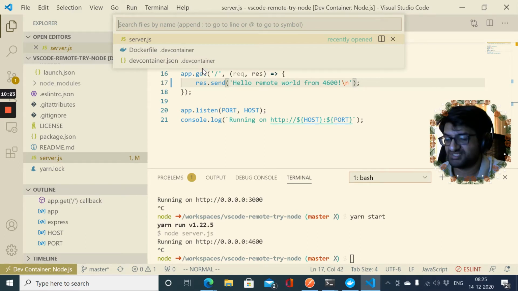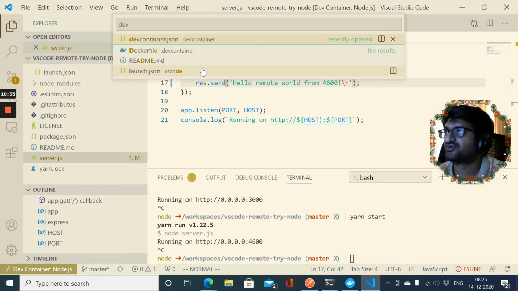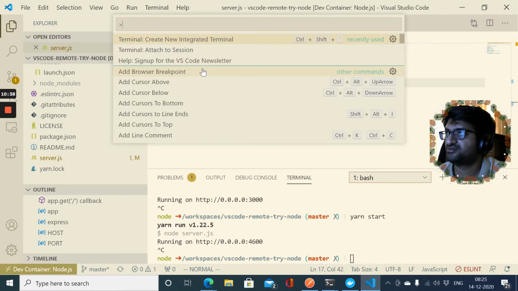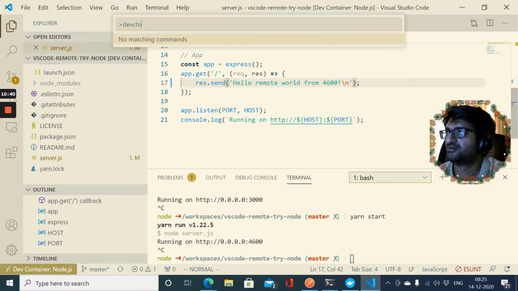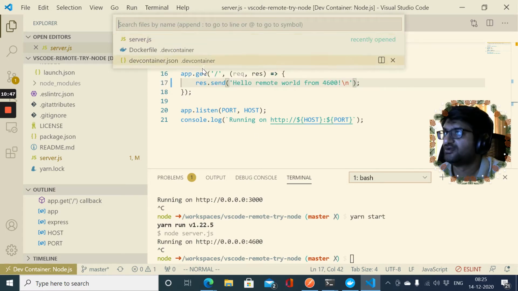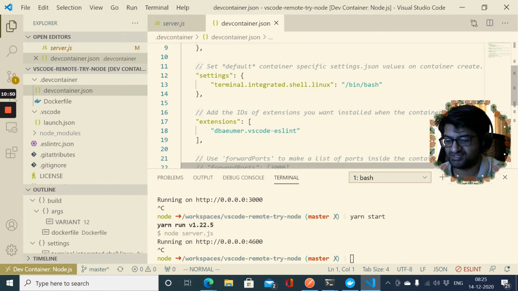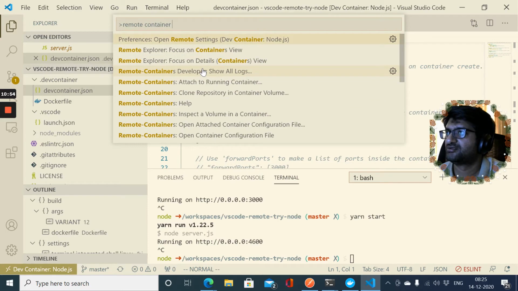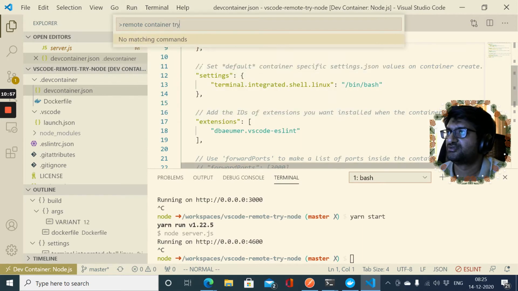But one of the things I wanted to try out was to show you how I got these samples so that you can also try it out. So the samples came from, okay, let's see, dev container, Command Shift P, so I think it's called remote container or something.